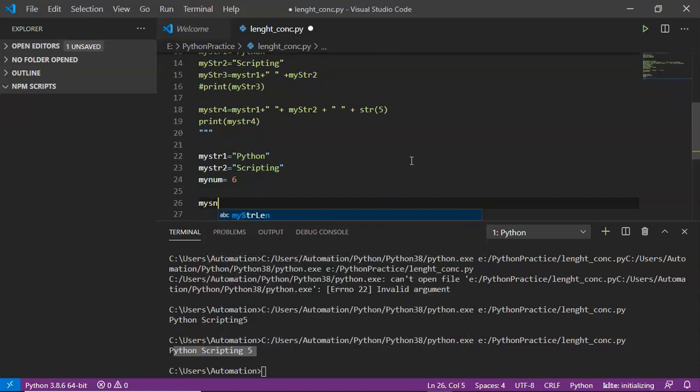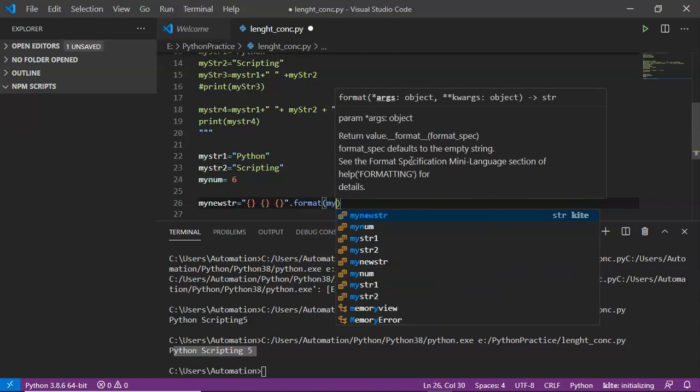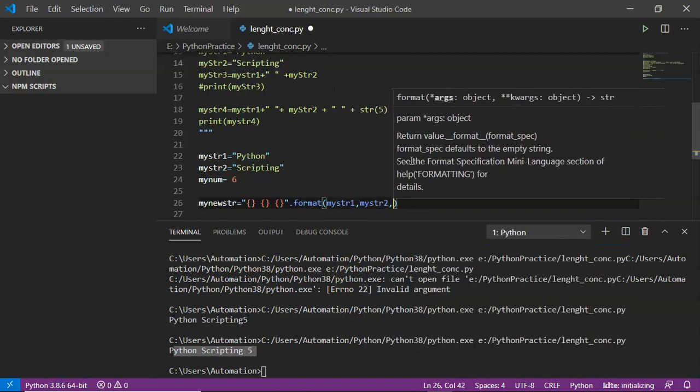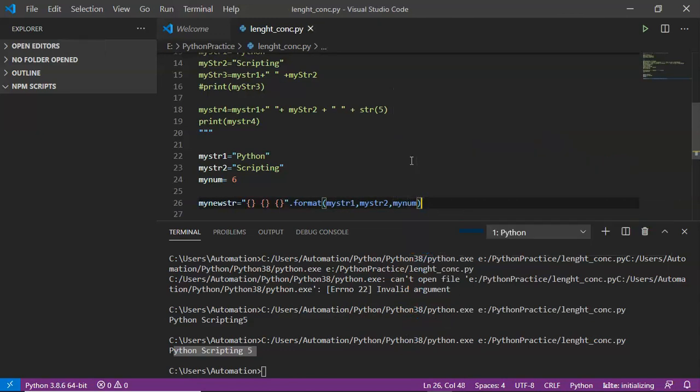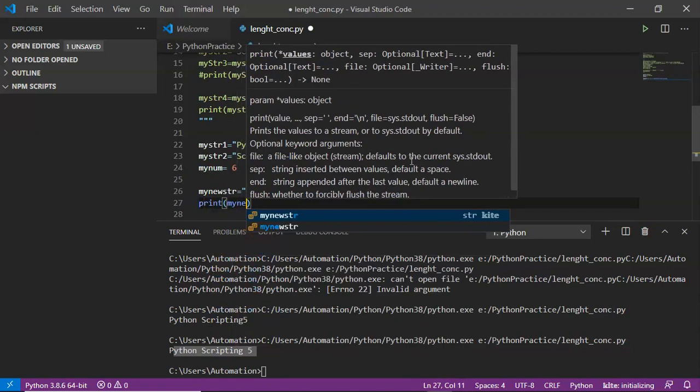Let's say my new string equals to, see how I'm doing. First string, for that I am using 2 curly braces, then space, second string, space, third string or a number, dot format. Then just write in sequence your variables. My string 1, my string 2, and then my number.